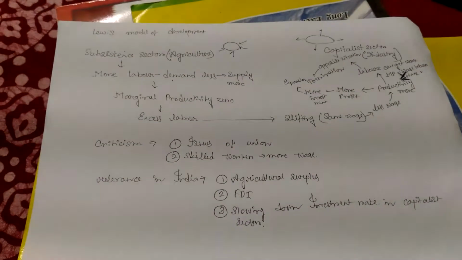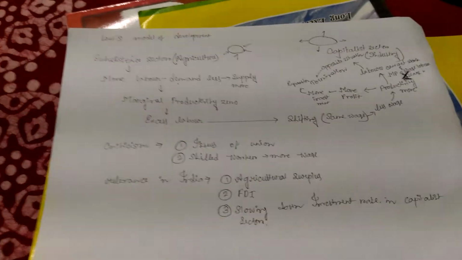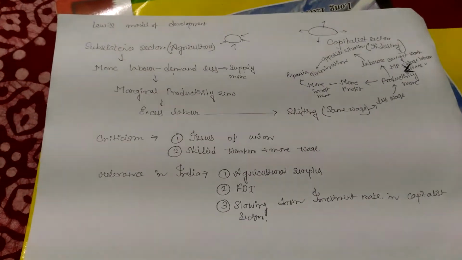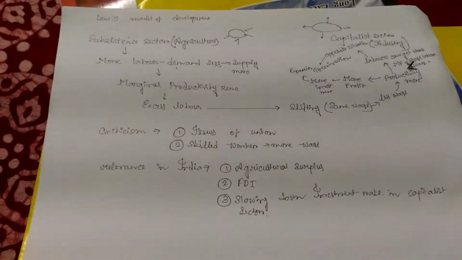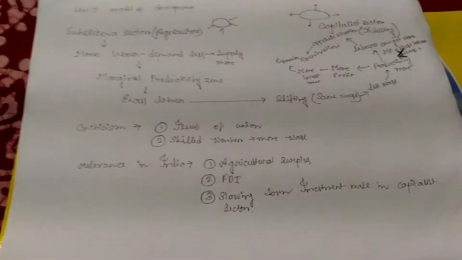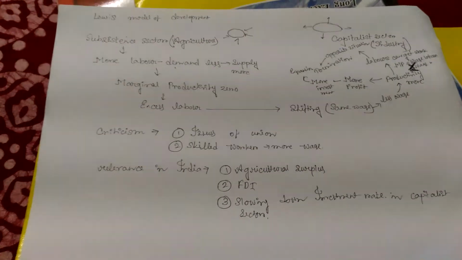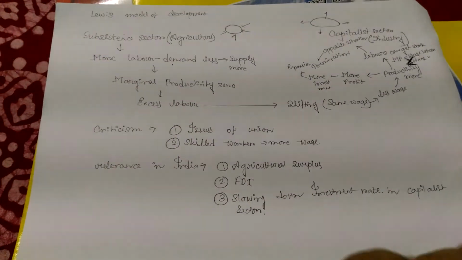So if I am asked why the Lewis development model is important, it is because he has given a very good idea of why the labor has been shifted or withdrawn from agriculture to the capitalist sector, but again why development is not assured to the lower class people. So somehow the change of the rural economy has been addressed in a very justified way by Lewis. So that's all about this model.